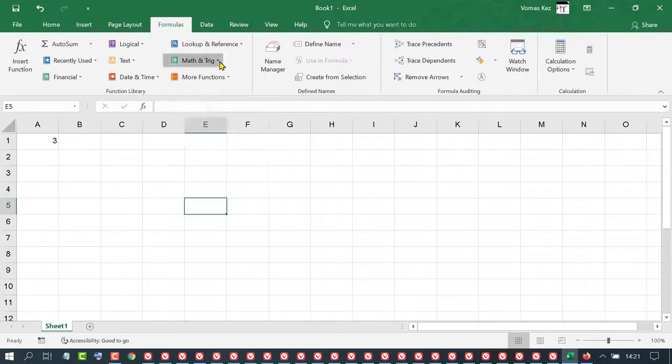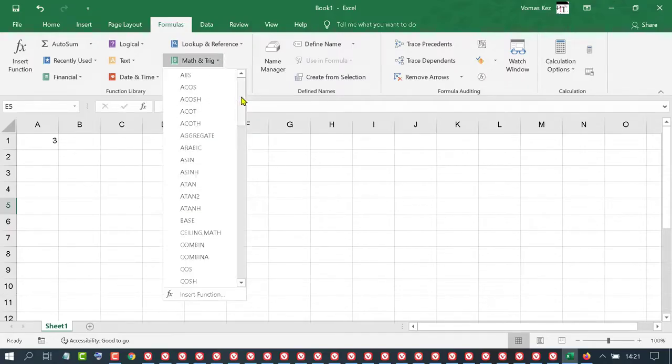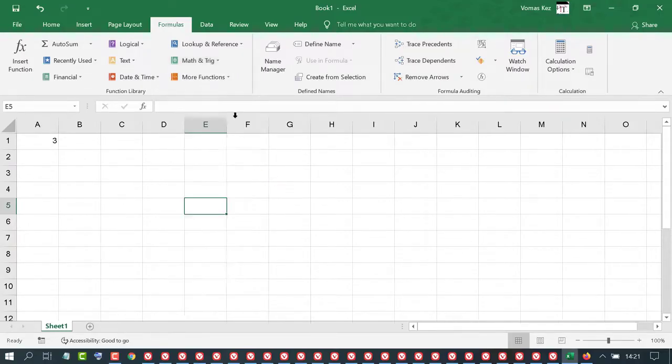Math. So mathematics formulas, and also you will see more functions